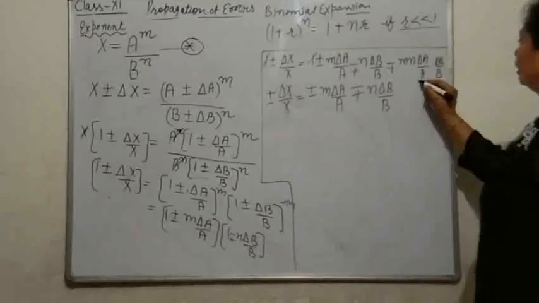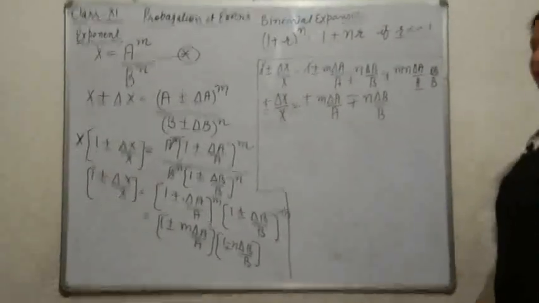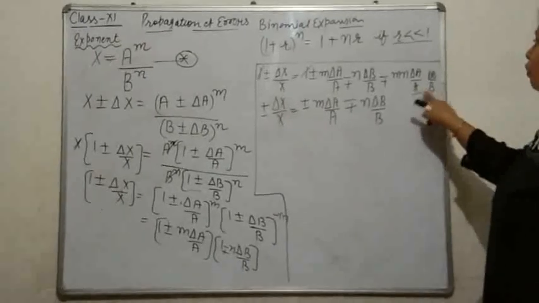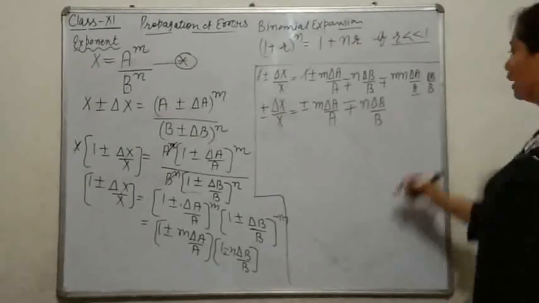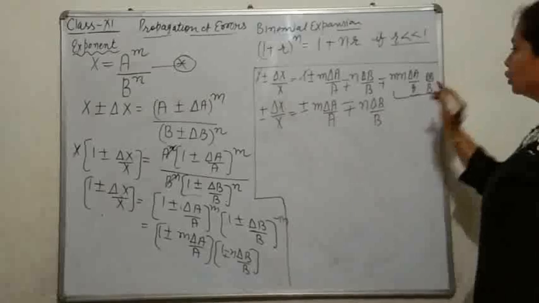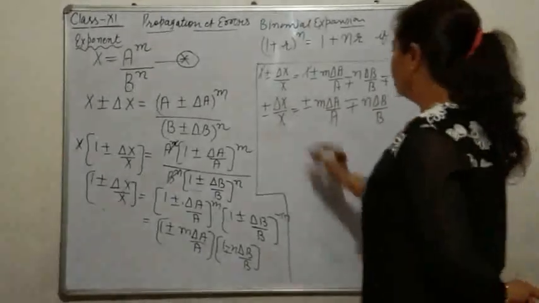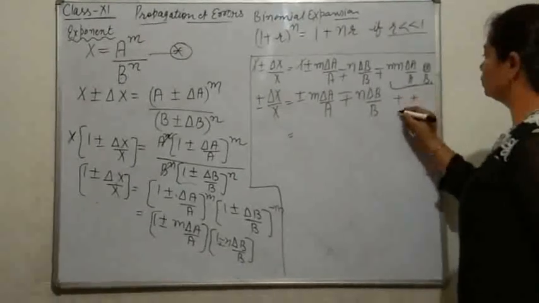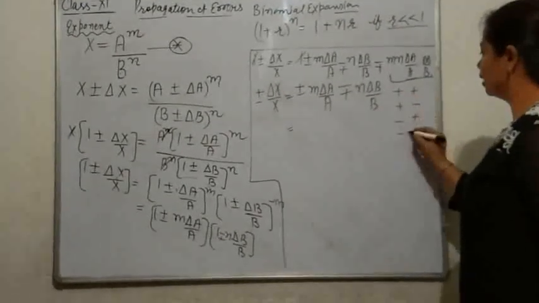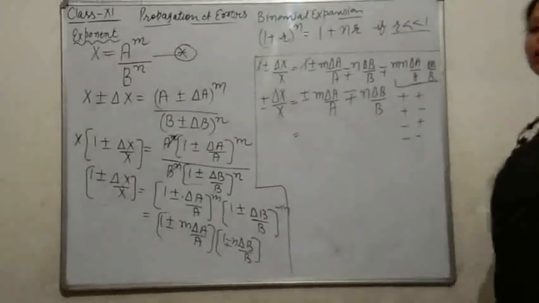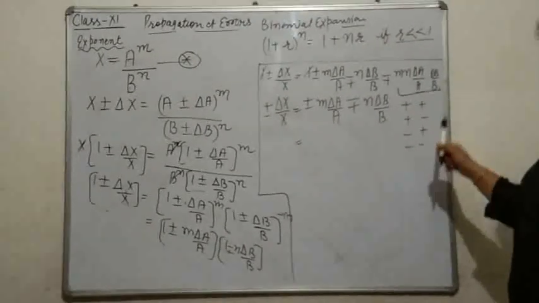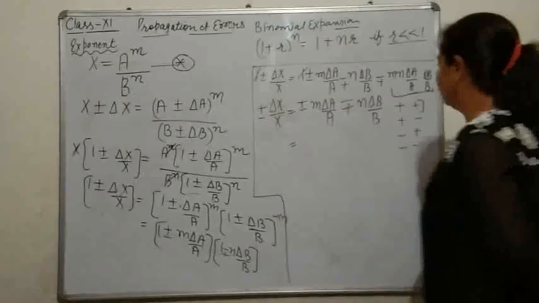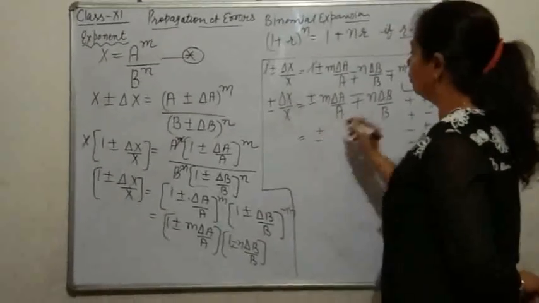Here we have delta a by a, that is the fractional error of a, and the fractional error of b being so small, after multiplication it will become so small that it can be neglected again. So we will get up to now. Now, four possible cases again, there are plus plus, plus minus, minus plus, minus minus, as we have done in our multiplication, subtraction, addition, division. Same, we have the last one, that is the maximum one.